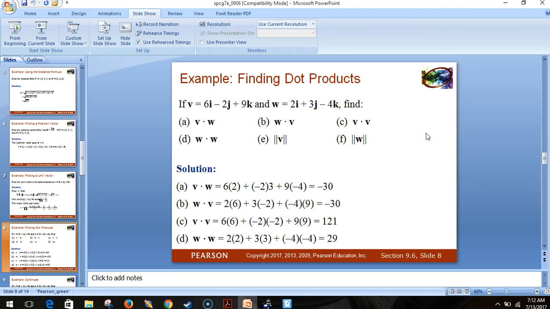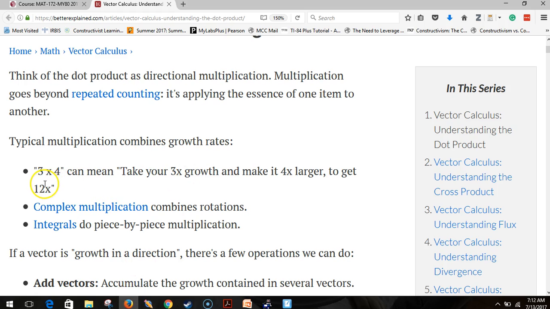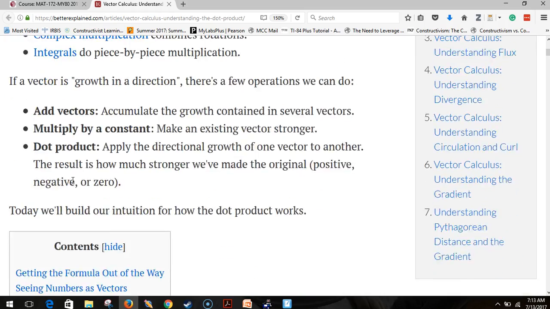Now the dot product is going to go one more step from before, and we're going to be able to do some other kind of cool things that we were able to do. So the dot product, remember, is kind of this multiplication that has to do with an effect size, not necessarily where you're going. And hopefully you were able to read through some of this short article about what it means to be dot product. And they give this little